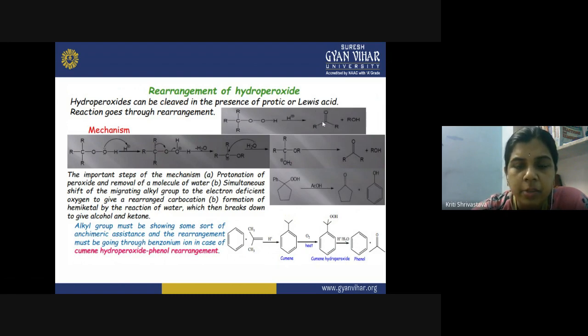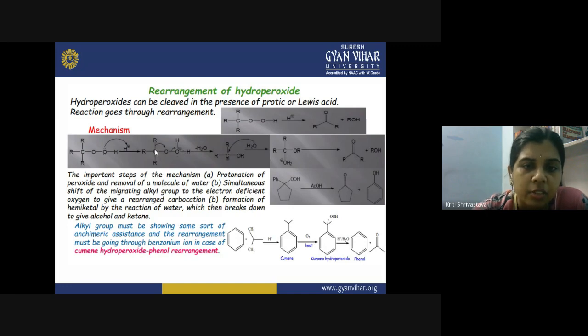So what would be the possible mechanism? Let us see. This is the peracid. Then it is the oxygen. The electrons of the oxygen are attracted by the proton, and this proton gets attached on the oxygen, and then the electrons are moving in this direction so as to satisfy this formal positive charge. So the formal positive charge will move in the opposite direction to the carbon.